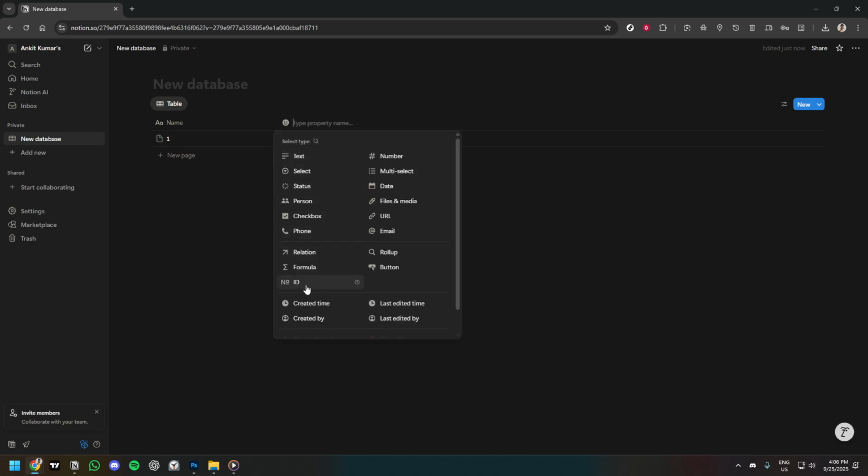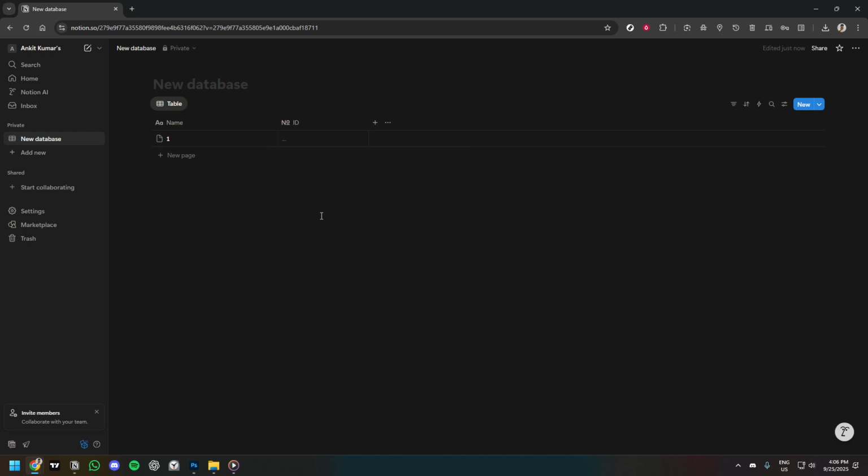Click on Add Property and look for the property named ID. This is where you have the opportunity to organize your entries with identifiers that make tracking simpler. When adding data, ensure that the first entry is marked as 1. This initial setup ensures that Notion will automatically assign a serial number to any future entries you make, maintaining order